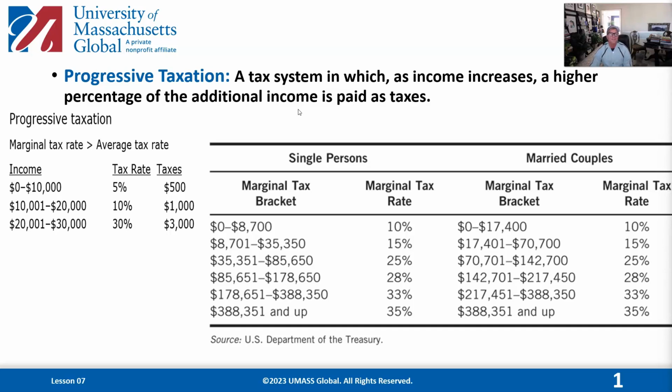Some would say that you get penalized for making more money. There's a disincentive to make more money because you pay higher taxes. By the way, there's also states that have a progressive tax rate. So in addition to paying higher taxes to the federal government, you're going to have to pay higher taxes to the state government. There's also some entities that have a city tax. New York comes to mind. So our system says that as your income goes up, your taxes will rise as a percentage. And that is meant to bring more money into the government, mainly because the government doesn't have as much money to spend as they would like.